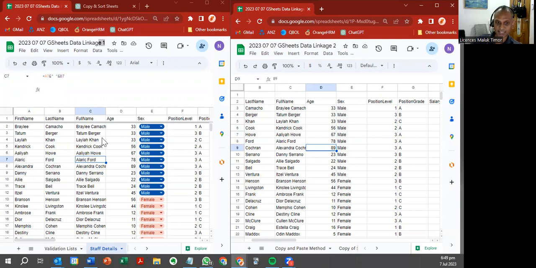Now in my original data, if I change the data in some way, for example, Braley Camacho, I'm going to change the age to 99. You can see that in the destination data, there's been no change at all, because what has happened is that Google Sheet has automatically copied, pasted, copied, pasted. And so now even when I'm changing the source, the destination is not changing anymore unless I run the script one more time. So if I go back to my